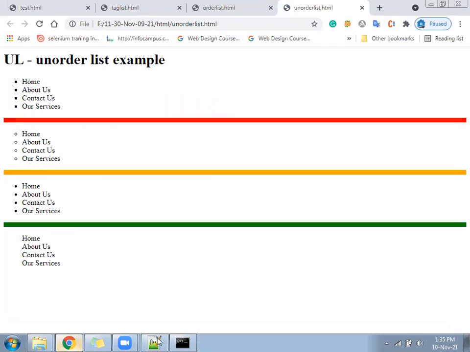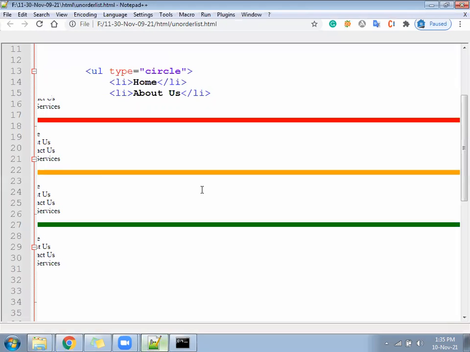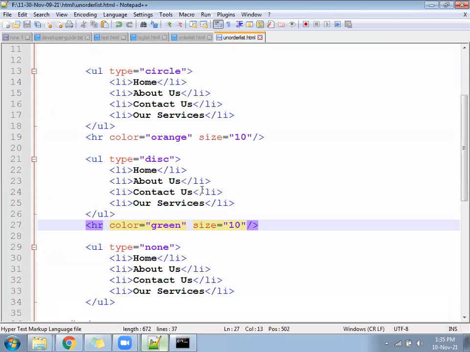Suppose if you want to keep a hand symbol in front of li, it is possible. Anything is possible with the help of CSS. We have the after and before property. Using the before property, before li we can say hand, before li we can say circle, before li we can say square. So that can be modified, or you can design an image and write the CSS saying before li an image should come. What will happen? Before every li an image will come.